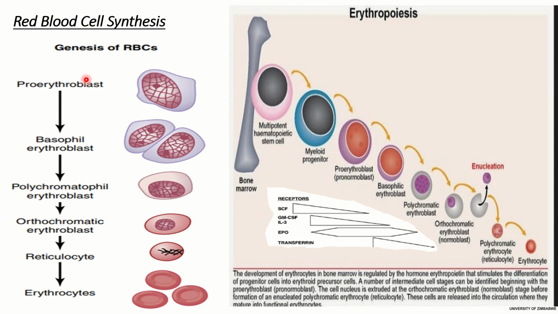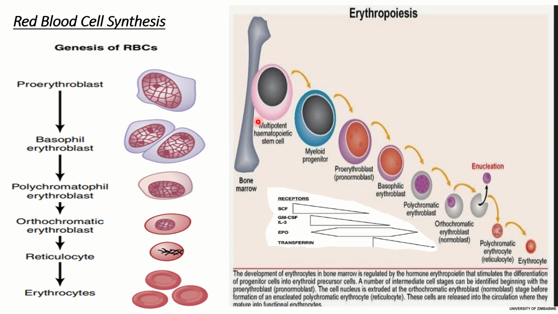Alright, so last time we talked about hematocrit and introduced red blood cells. So today we're going to talk about red blood cell synthesis, also called erythropoiesis, right? So this basically is the generation or the genesis of red blood cells. So this process occurs primarily in the bone marrow, where a multipotent hematopoietic stem cell or a pluripotent hematopoietic stem